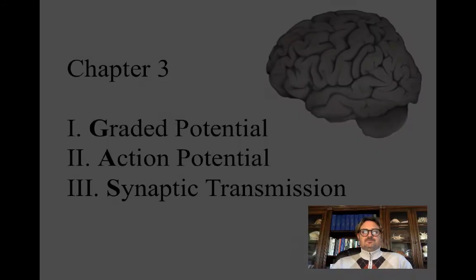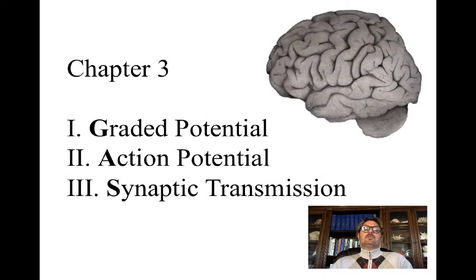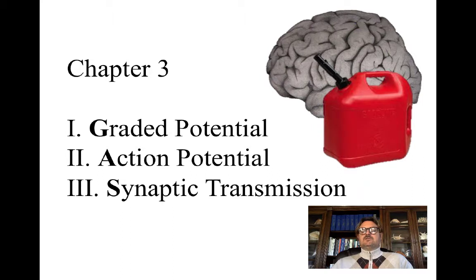other neurons. In order to understand the steps in neurophysiology, it's going to be helpful for us to divide it into three stages. First, the graded potential, then the action potential, and finally, synaptic transmission. In order to have a better overview, I recommend the acronym GAS for graded, action, and synaptic. So if you can use that acronym, I think it'll help you to have a better overview of the topic